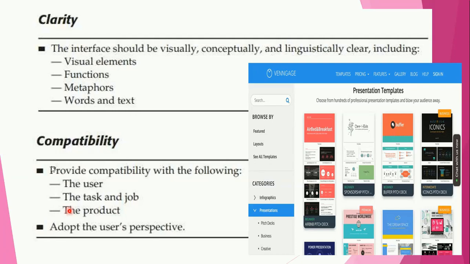A designer may present the user interface in a very complex manner, and his knowledge may be presented very well, but it may not be helpful for the common man to use the interface. So that should be thought of by the developer or the graphical user interface designer before developing any kind of user interface.